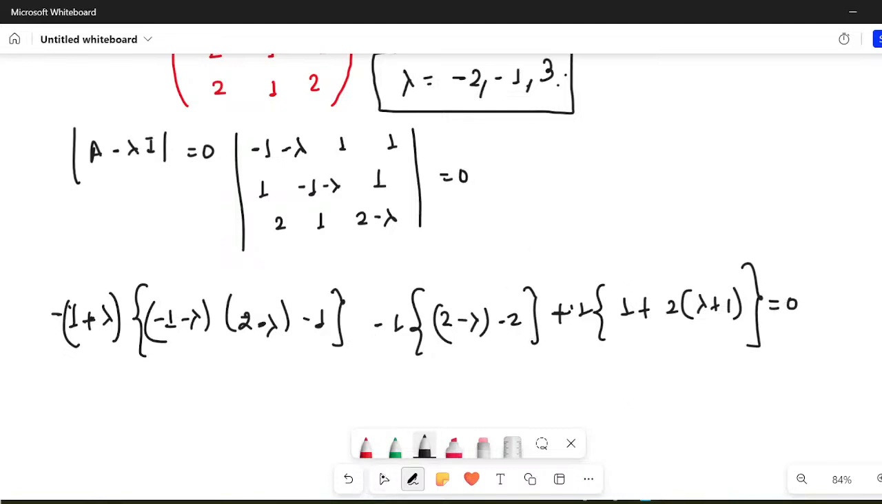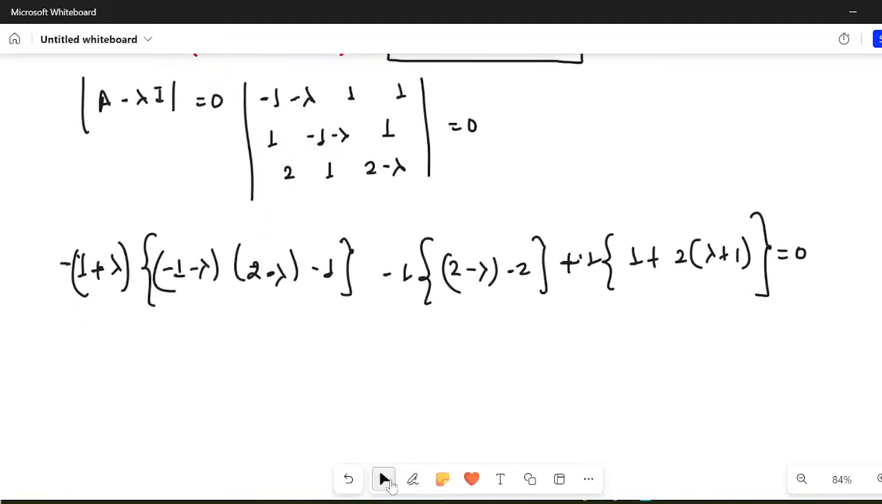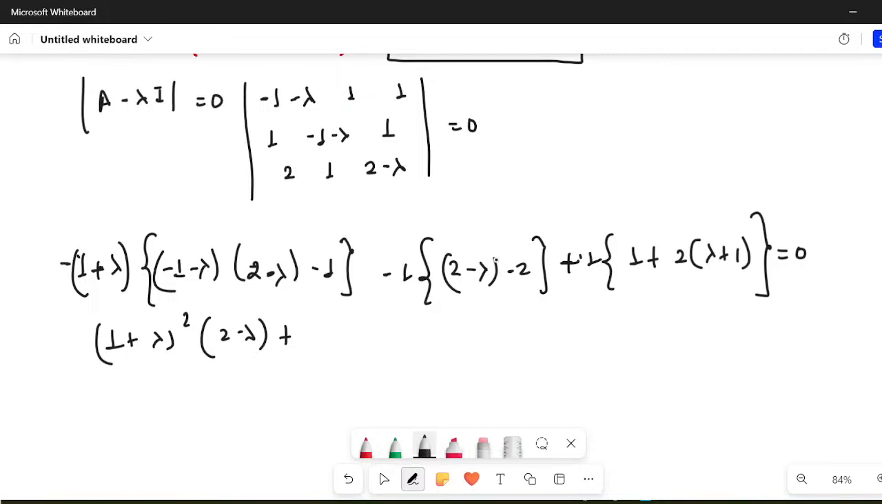This equals 0. Now let us solve this particular equation. I think this is 1 minus minus plus, so this will become (1 + lambda) whole square, then (2 minus lambda). This minus I take inside, so 2 gets cancelled with 2, and then you will have only lambda here, so I'll have a lambda plus 1, and then I think this is lambda plus 1, and this is 2 lambda plus 2